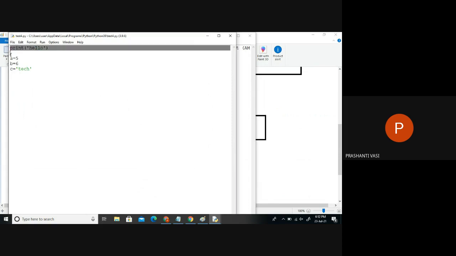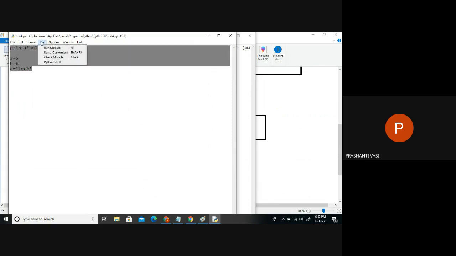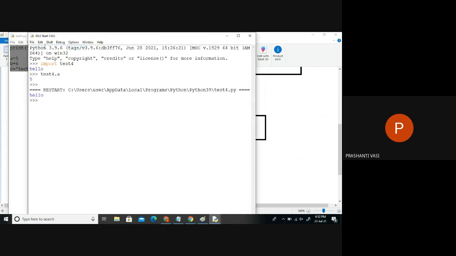Instead, this whole code will be directly passed on to the interpreter, so it gets executed line by line. So now, if I have to call the data, I should call it like this. Slight difference. Here I can't say test4.a. Right? You get the difference here?